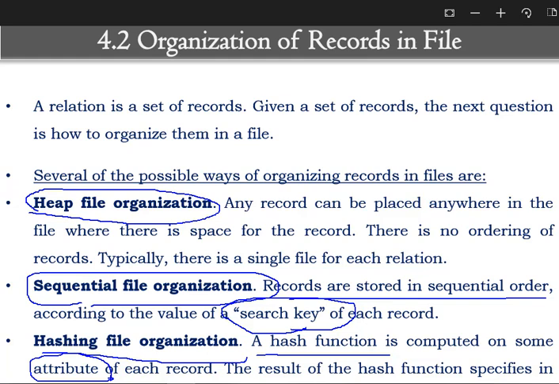Even if you have chosen an attribute like course, I can use first disk to store CSE students data, I can use second disk to store mechanical students data and so on. So here you can see that I am choosing an attribute for calculating a hash function. Depending upon the hash function we will decide where to store the data. So that is hashing file organization. So these are the 3 techniques which are used to organize records in a file.